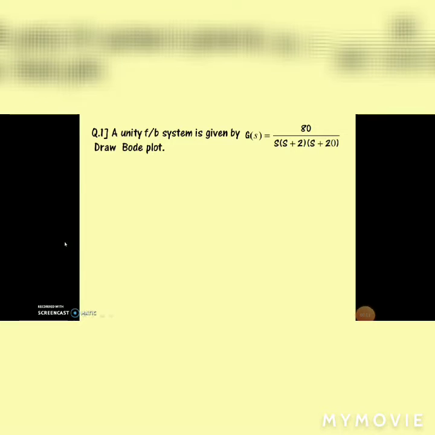So dear students, we will solve a Bode plot problem which I have solved previously; that I will show in terms of animation. You already know the transfer function. This open loop gain transfer function is given. Convert that into time constant form, that is, in the denominator whatever s plus 2 is there should be in 1 plus s format. So I will take 2 outside for s plus 2 and 20 outside for s plus 20.